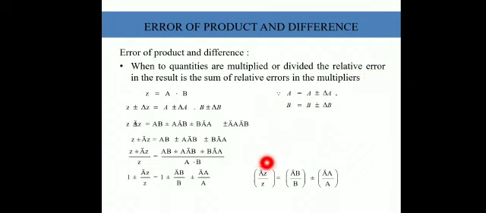Fine. So whenever two properties are multiplied or divided, their error becomes relative. The errors can be added separately in the form of relative errors. So delta z upon z is equal to delta b upon b plus delta a upon a, like you can see here. This should actually be delta, not a double dot. So this is the relative error in a, this is the relative error in b, and this is the relative error in the final value, which is nothing but delta z by z.